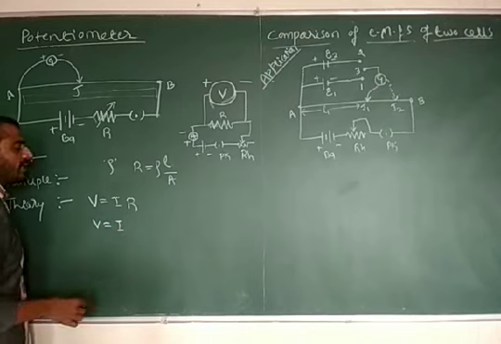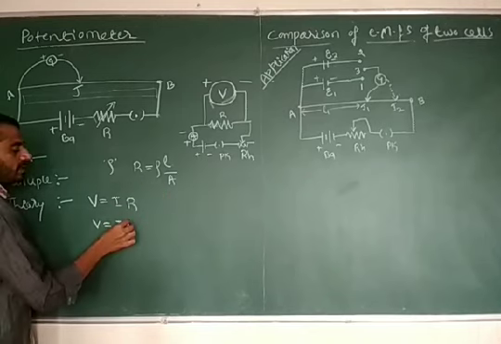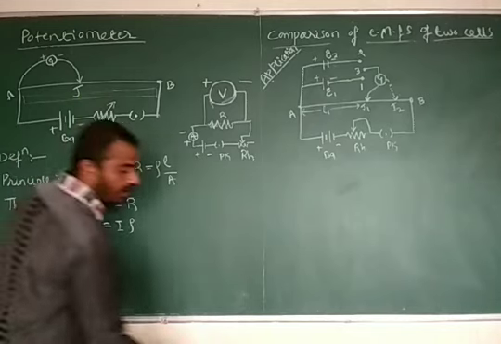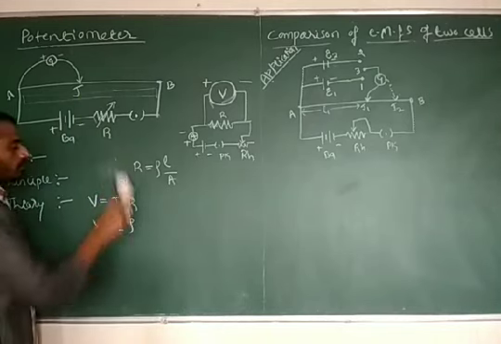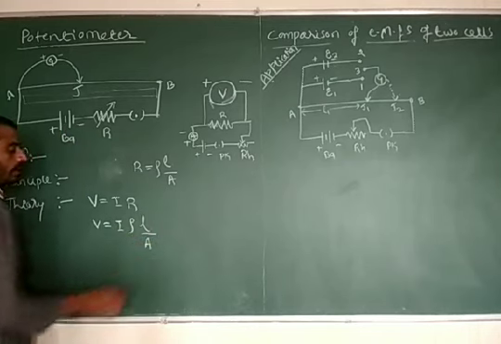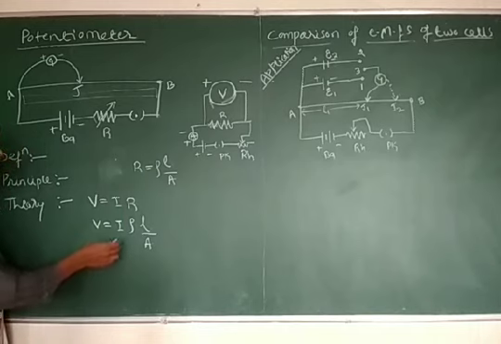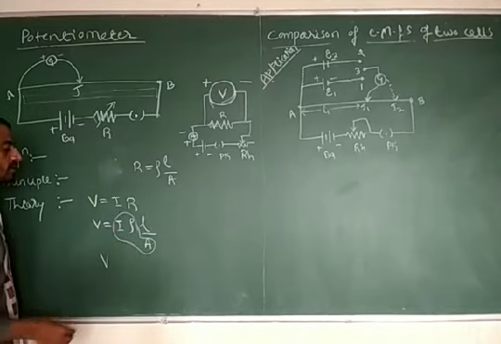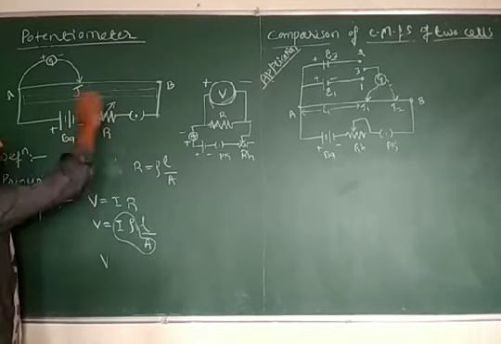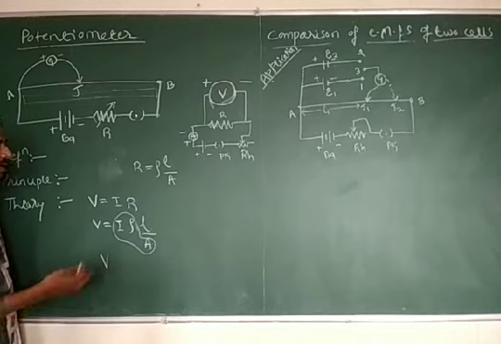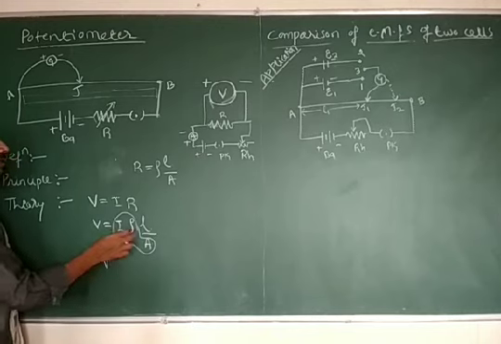Here, in place of the resistance, we can write rho, the resistivity of the material of the wire of the potentiometer, L divided by A. V is for a constant current and for a uniform cross-sectional area of a given material. For a given material, these all remain the same.